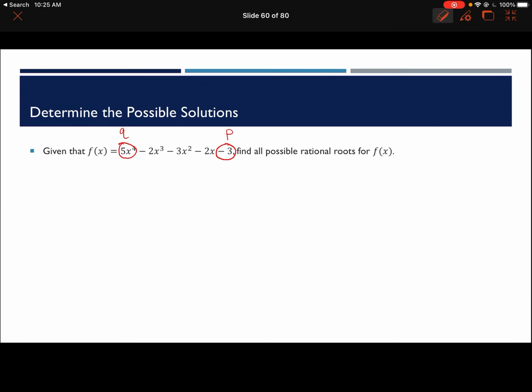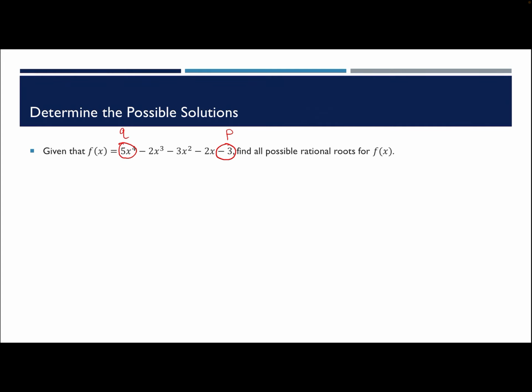All right, so we'll actually write this slightly differently. So all of the possible values of p are going to be, the factors of 3 are just 1 and 3. So we're going to have plus and minus 1 and plus and minus 3. And then for q, we're going to have plus and minus 1 and plus and minus 5. So our p divided by q list